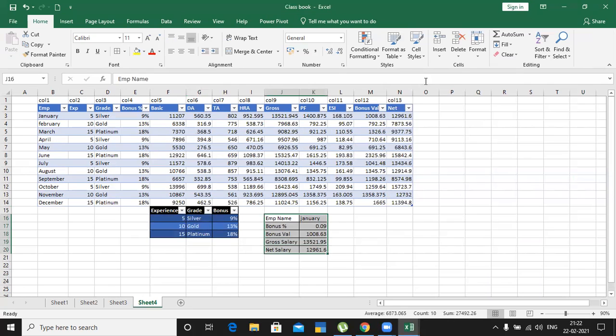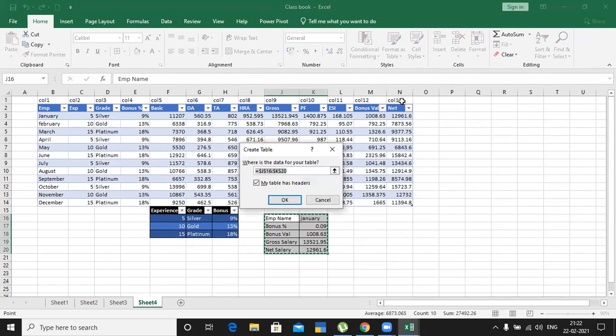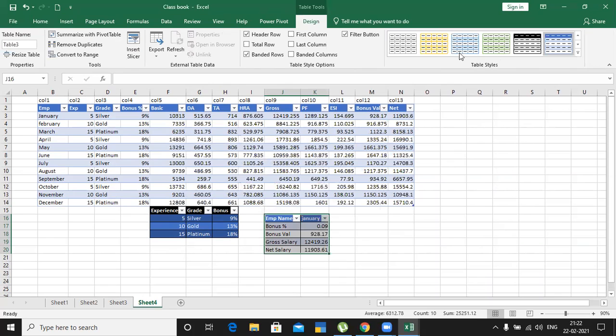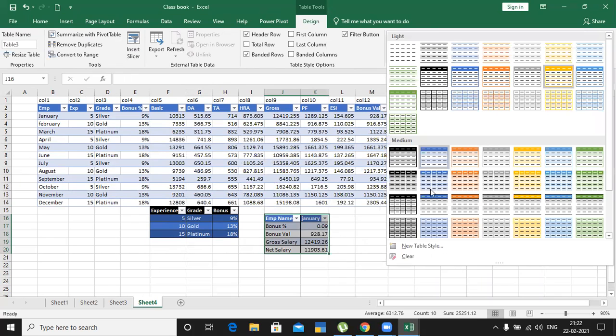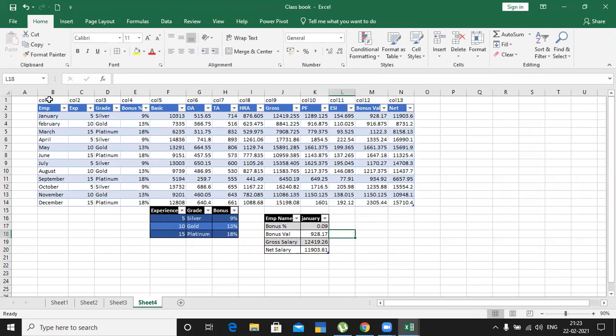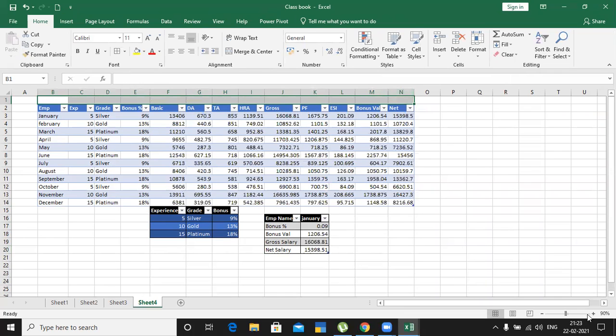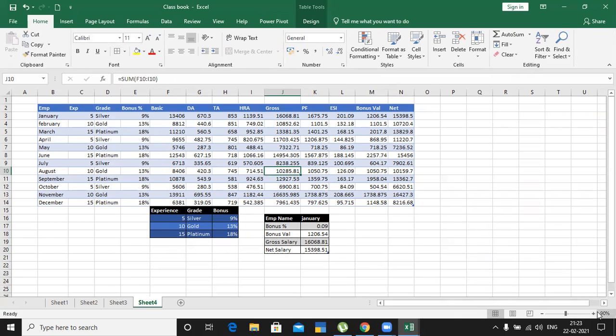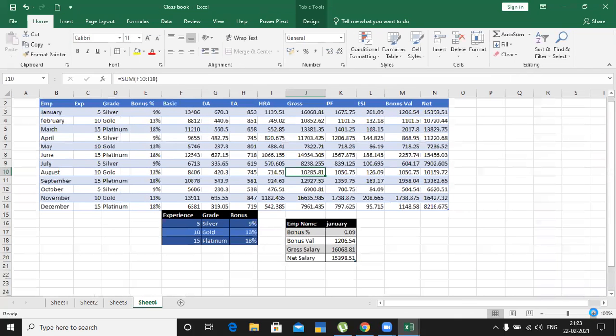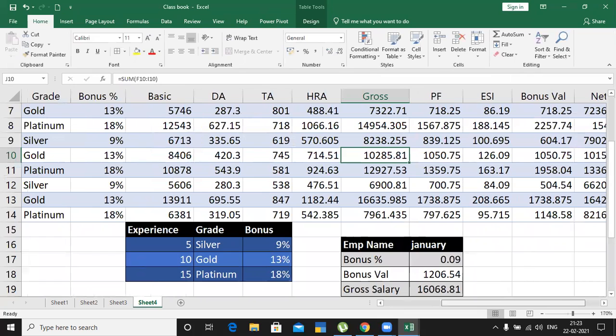And again select this, Control T, click OK, and apply the style as I want it. So now you delete this reference point. So now you press Ctrl Shift L to remove this filter button from this area. Now you focus only on this particular area.